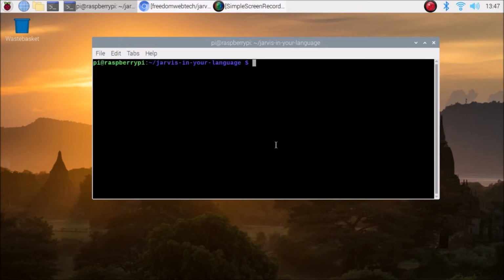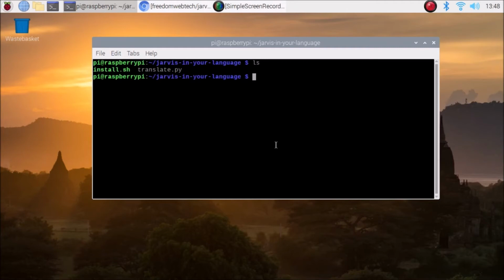Also friends, remember one thing, this is the latest Raspbian OS, the 32-bit version. I have already run the sudo apt update and sudo apt upgrade commands. So remember, you need to install the latest Raspbian OS, the 32-bit version. Also you need to first update and upgrade your system. Then you need to download the repository, then give the full permission for install.sh, then run the install.sh. That's it. We are all done with the basic setup.